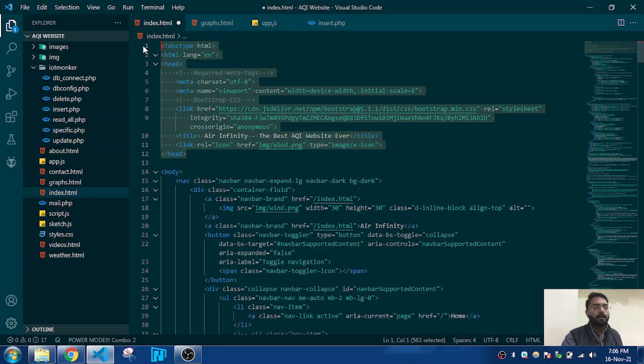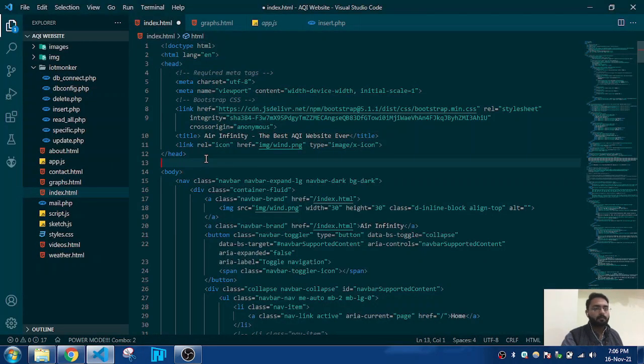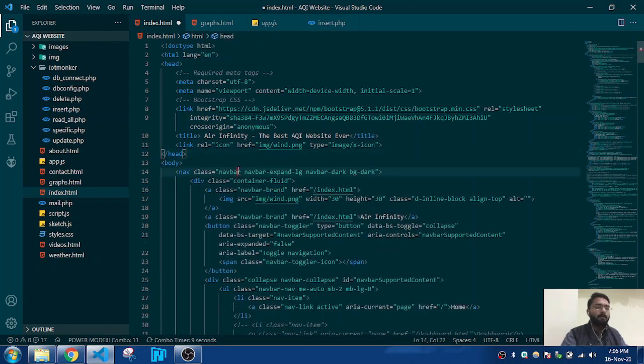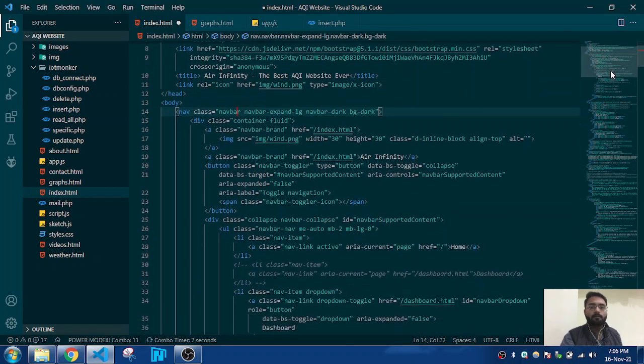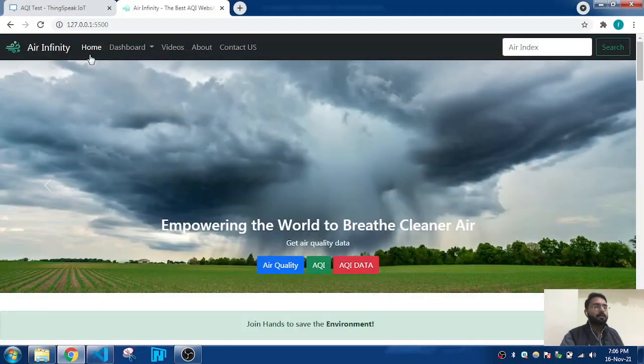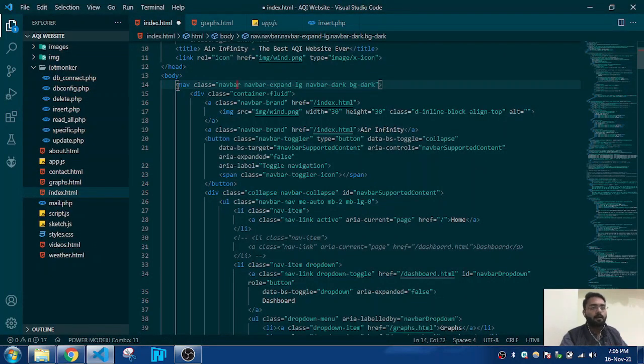Okay, this is the header and body section. You can simply use the Emmet abbreviation so that it will come up, and then just write the body. So I'm deleting this right now. Okay, in the body you have to create the nav bar, this is the nav bar I have to include, and the different sections. For that I have written all this code.